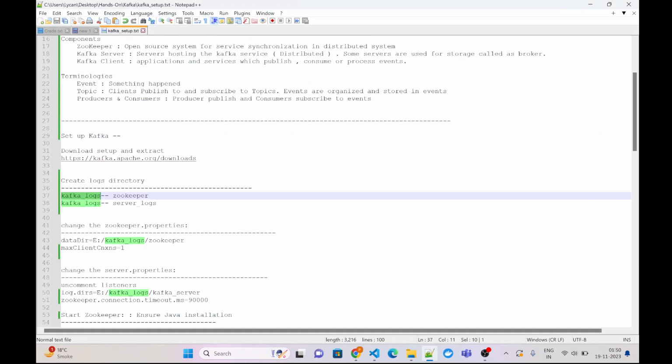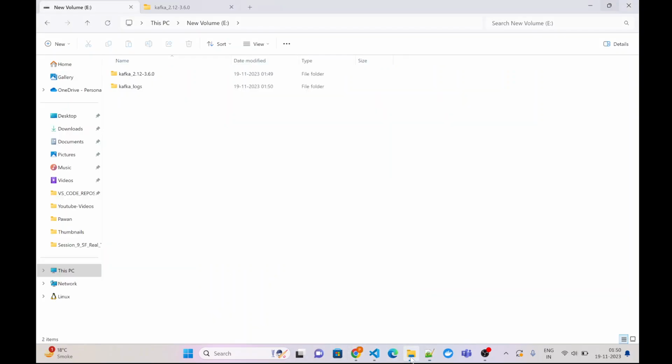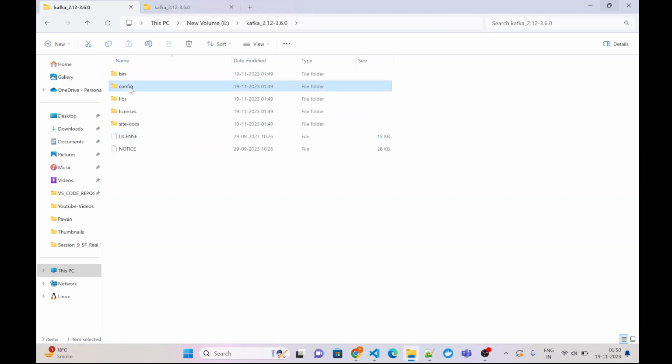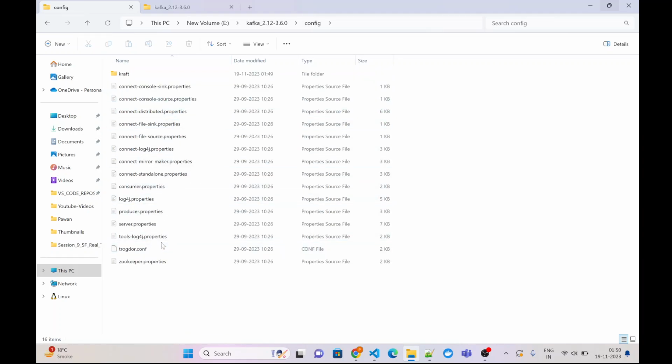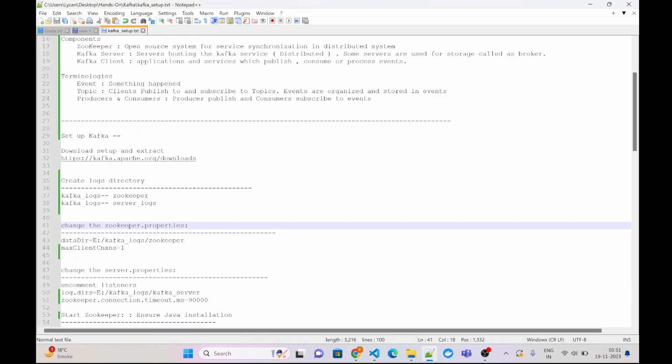Once that is done, as a next step, I need to update my properties files with the locations for my logs directory. All the properties files in Kafka, like Zookeeper properties, are stored inside the Kafka directory, inside the config directory. Let us go there, Kafka config. You can see all the properties files are here. So I need to update the path for my Zookeeper service and my server. First of all, Zookeeper properties. Here is the directory path which I need to update. So I can simply pick this